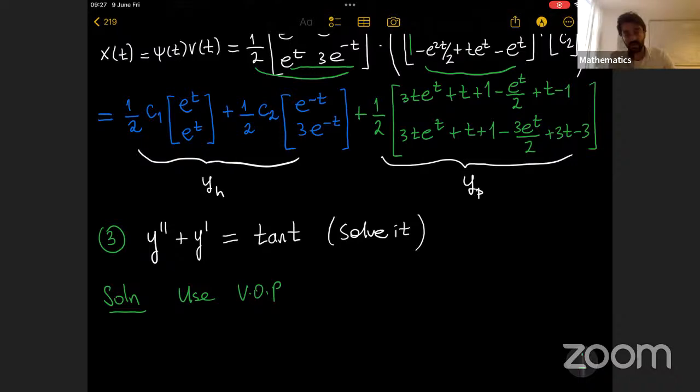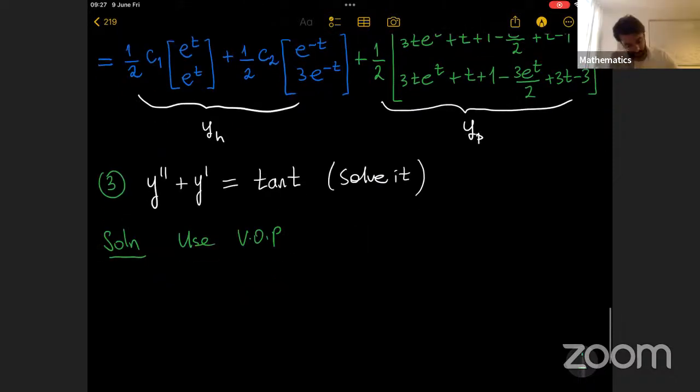It's like the system, but it's easier because it's not a system. We had a formula for this. So what you need to do is you first solve the homogeneous equation. For the homogeneous equation, we have the characteristic equation r squared plus r is equal to 0, which implies